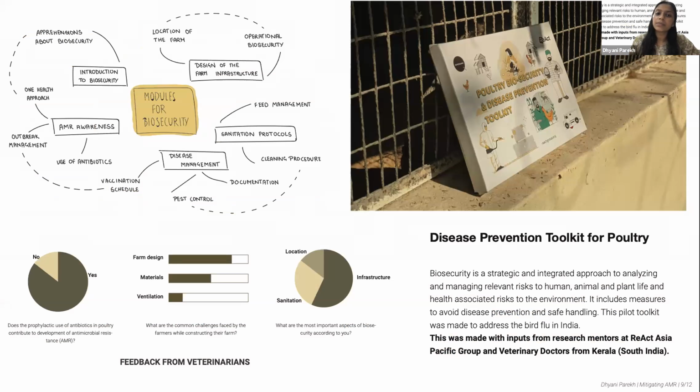And finally, we did build a toolkit, and we talked to farmers. We had this photo voice experiment with them, so we asked them to send us pictures of their farms. We sent questions to veterinarians. We tried to understand their approach and their understanding of why the farms don't follow a sense of biosecurity and all the conditions that we mentioned. So we tried to divide our modules, understanding from a lot of biosecurity toolkits that were already created, and also tried to understand that in a country like India, we were building